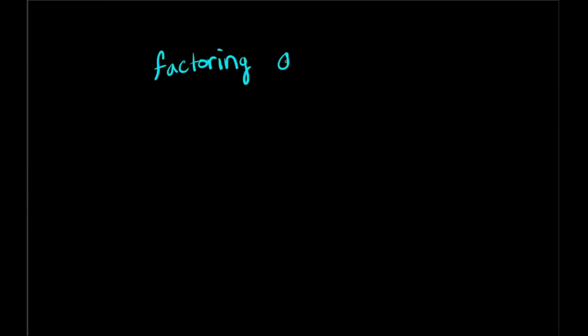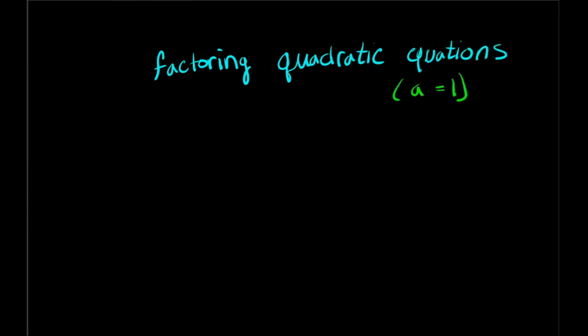Okay, so let's talk about how we factor these. Now, the first case I want to look at is the case when the first coefficient, whatever that a coefficient is, being multiplied by your x squared, is 1. Now, this is kind of a special case because there's a shortcut we can take advantage of. Let's look at an example. If I have x squared plus 7x plus 6,